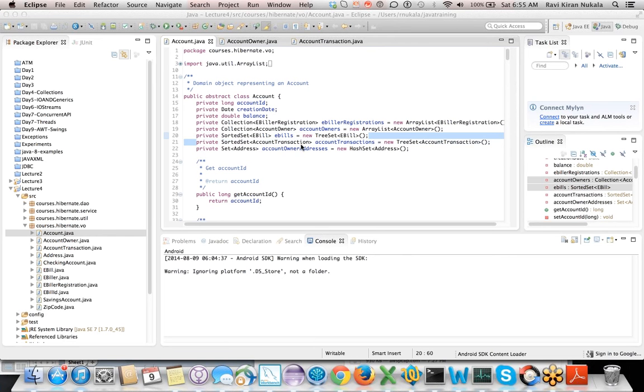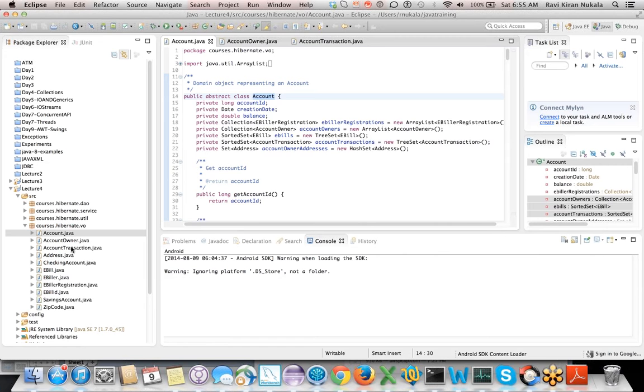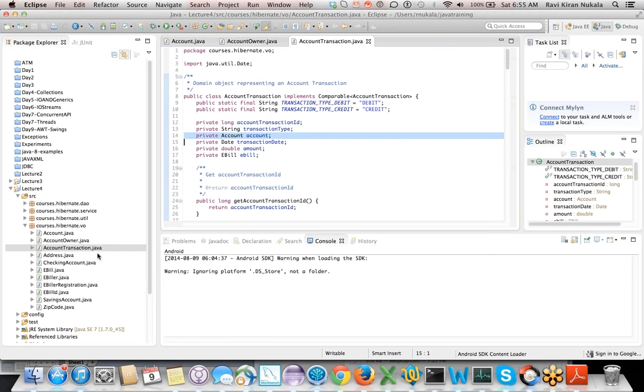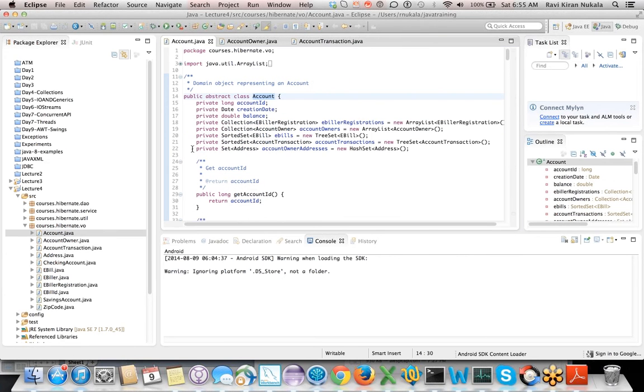We have a list of account transactions within an account, and an account transaction can be associated to an account. Many transactions can have one account, and one account can have many transactions. This is one to many, we know, right? So with this in mind,